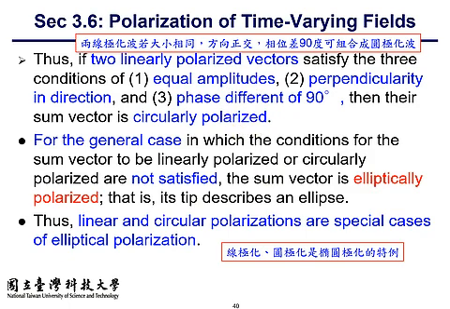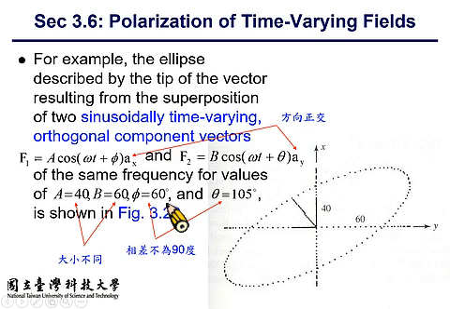So, as a conclusion, both linear polarization and circular polarization are special cases of the general elliptical polarization. All right? So what we see today in section 3.6 is essentially three kinds of polarization: elliptical, circular and linear. Linear and circular polarization can both be viewed as special cases of elliptical polarization. Elliptical polarization is the general case, and circular and linear polarization are special cases. And